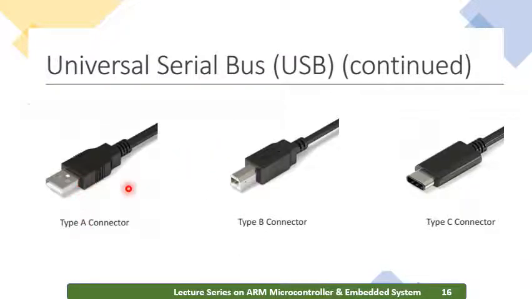So this is a type A connector, this is a type B connector, and this one is type C. This type C, most of us have seen in mobile adapters or mobile chargers. This side is the connection that will go from the PC to a mobile. In that particular case, we will be connecting this to the PC. So this is the USB type A connector, which normally we connect to the processors to give the communication between the processor and the board.